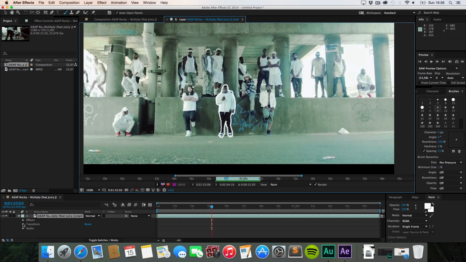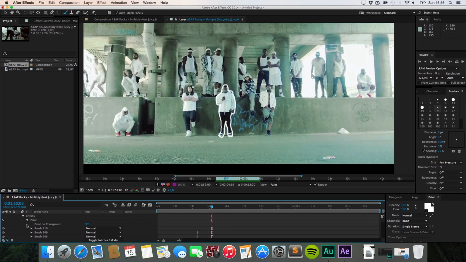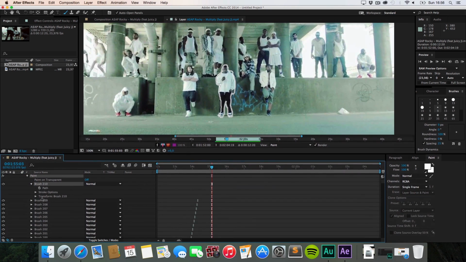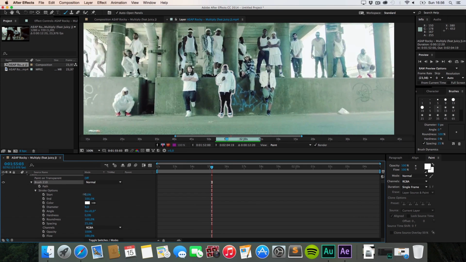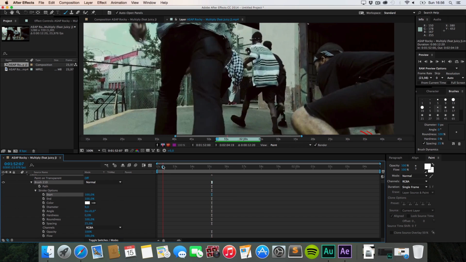And make sure, well, I've just made it single frame right here. That's a little mistake. You should make it constant, and then you can, let me just push this up real quick, and then you can expand the settings and animate the start of it. As you can see right here, it just goes around it, pretty cool. And of course you need to spend a lot more time to make it look perfect.